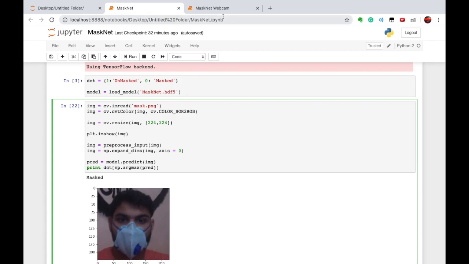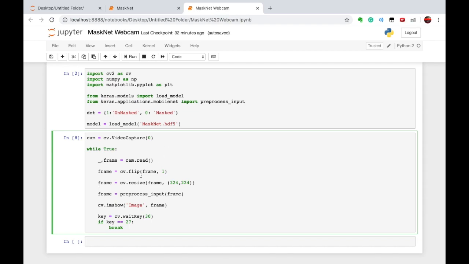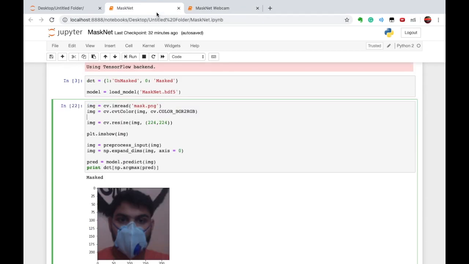Now when we are reading from the webcam, we do not have to convert it into RGB because it's already in RGB. So we first resize the frame, which we have done, then we pre-process it, then we expand the dimensions.